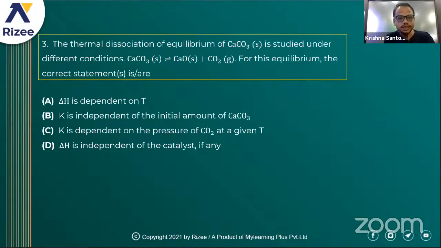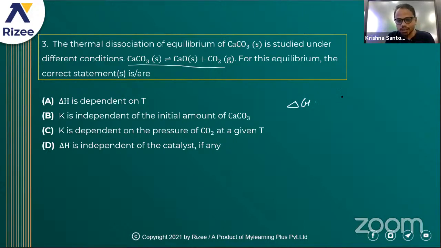Next, the thermal dissociation equilibrium of CaCO3 is studied under different conditions. Okay. So here given the required equation, nothing but the equilibrium equation he has given. For this equilibrium, the correct statement is or are. The first one is delta H is dependent